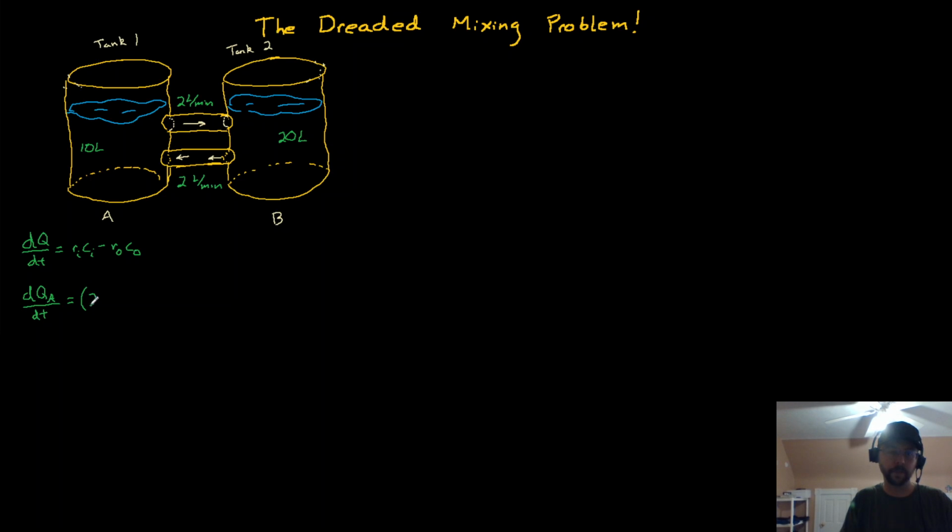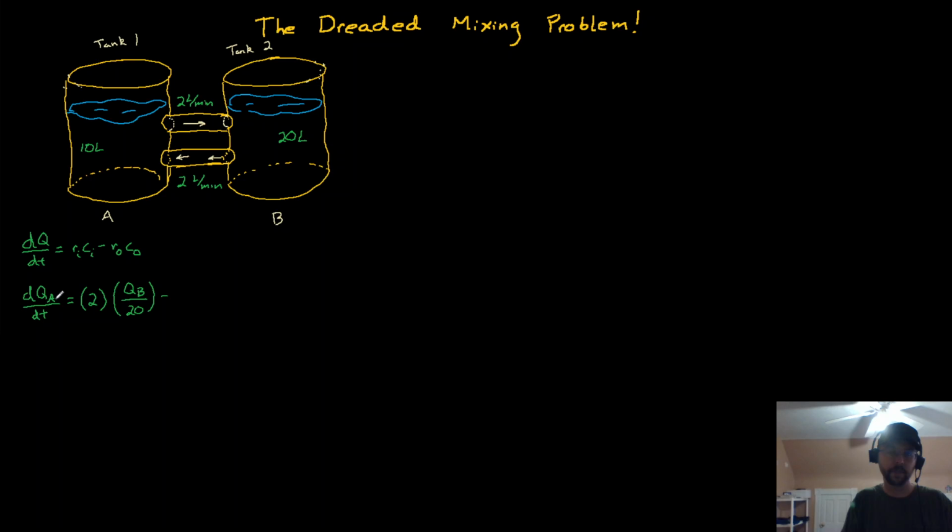I'm going to leave off the units, but if I were to write them, you'd see they cancel, times the concentration in, which the concentration in the tank A is the current concentration in tank B that changes over time. So it's the quantity in B as a function of time divided by the volume in B, which is 20,